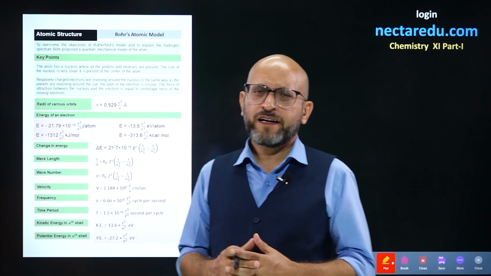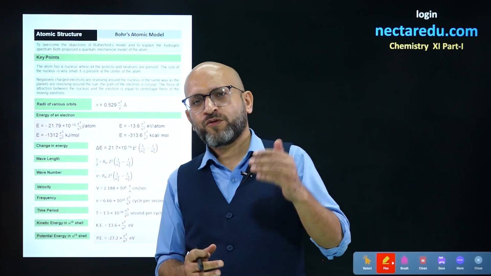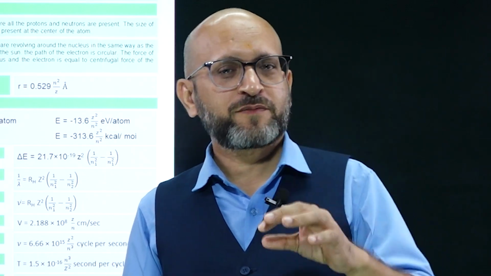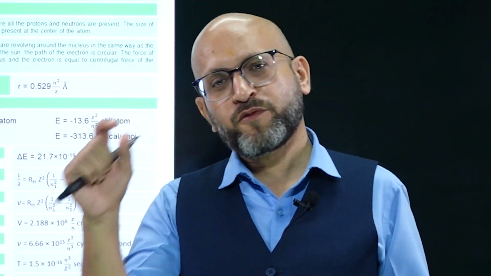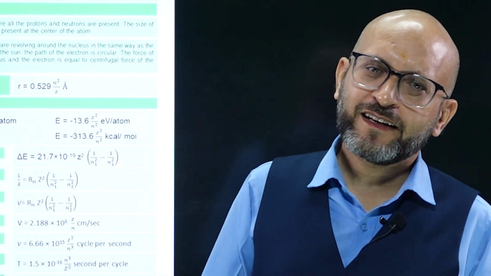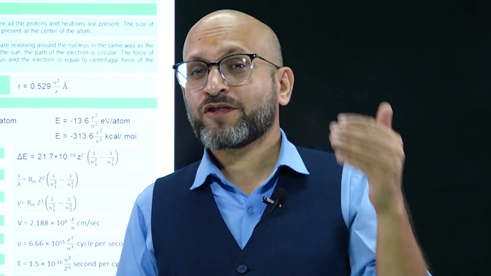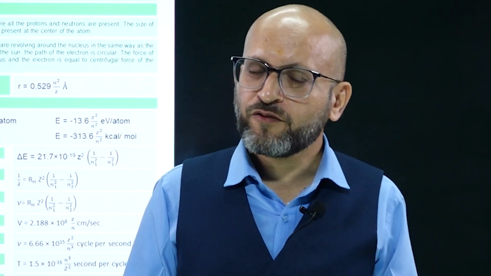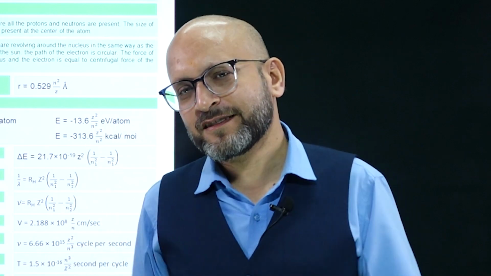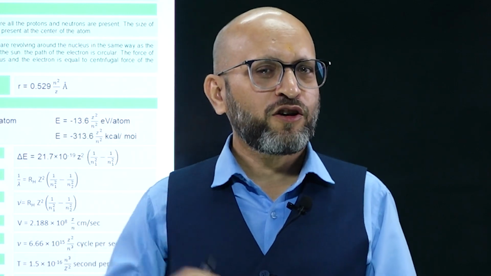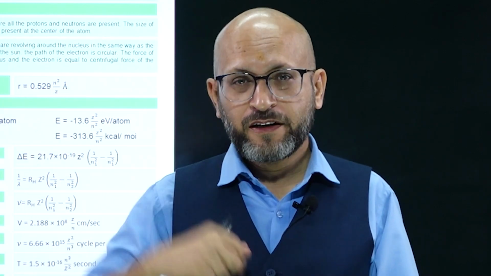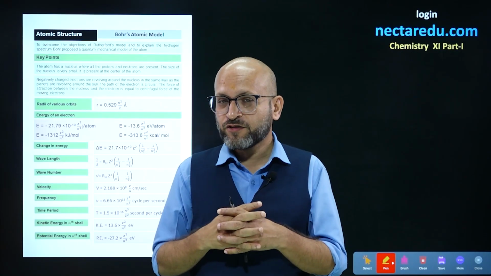Bohr's atomic model explained what Rutherford was not able to explain, the stability of the atom. The Bohr model successfully explained that. Now, what we need to understand is that he said that electron revolves in a certain orbit. So, what is the radius of the orbit? And then the question arises, what must be the energy of the electron in the orbit? What must be the speed of the electron in the orbit?